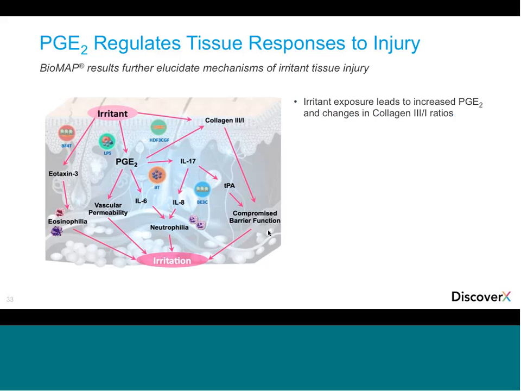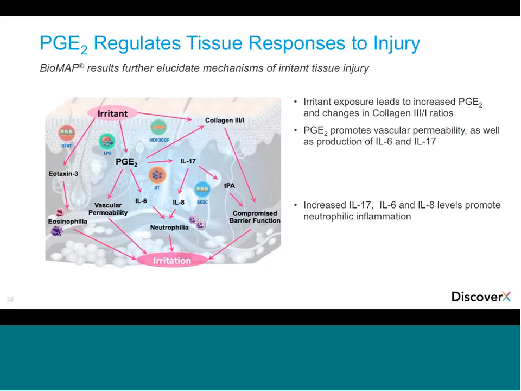PGE2 can change collagen ratios. PGE2 also promotes vascular permeability, production of IL-6, IL-17. IL-17 leads to increased IL-8 and tissue plasminogen activator. The changes in collagens and tissue plasminogen activator lead to a compromised barrier function problem. And the IL-17 together with IL-6 and IL-8 lead to and promote neutrophilia, so the recruitment of neutrophils into the